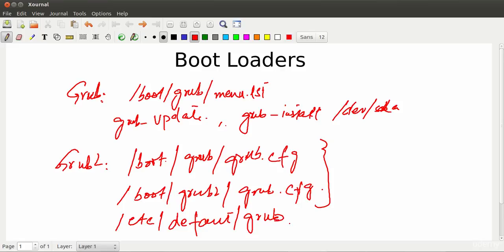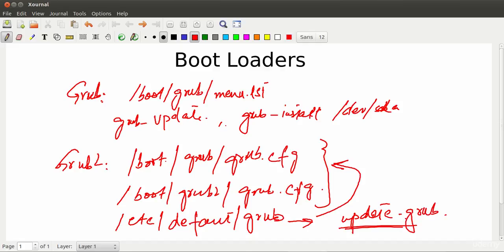And once we make the changes in that file, we need to activate or implement those changes into these files, and we can do that by running the command update-grub. Now this update-grub is in fact a front end, and it calls the backend command,